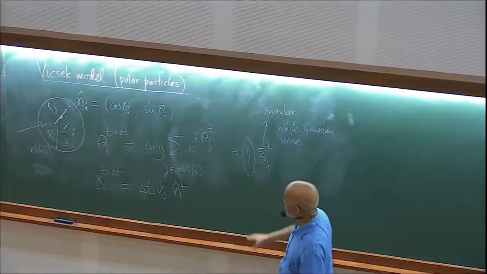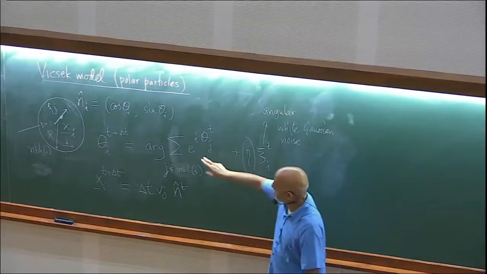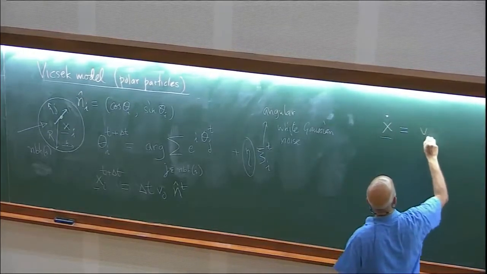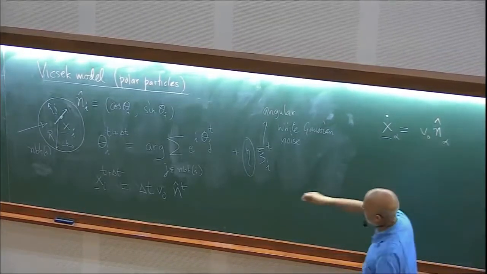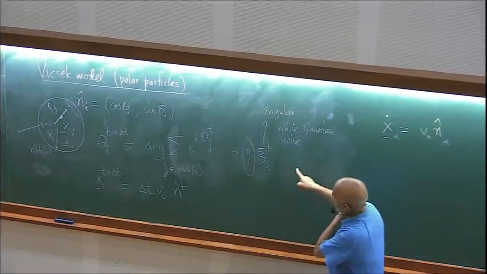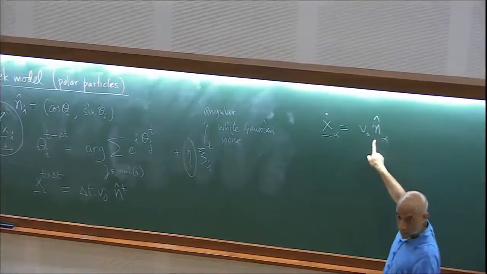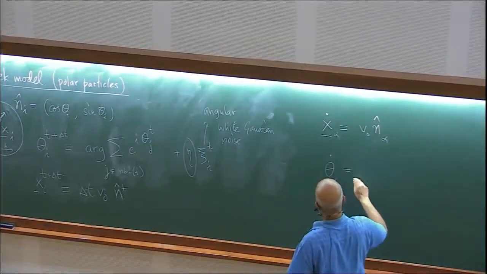Right, I'm saying that supposing you didn't have the alignment rule, supposing you just had this, what would you get? You would get x dot of each particle is equal to V0 times the unit vector of each particle, right? So supposing you don't have the interaction step, you only have this. It's a persistent random walk, because n hat, this is theta dot, is,